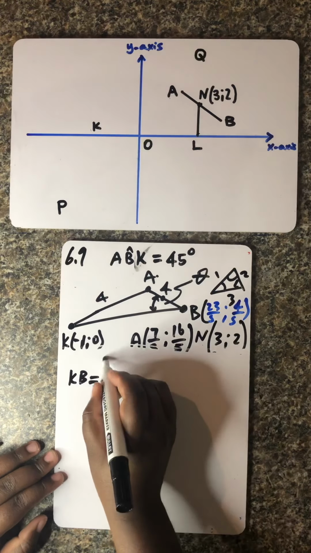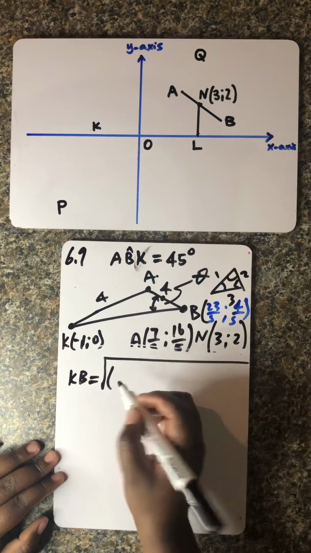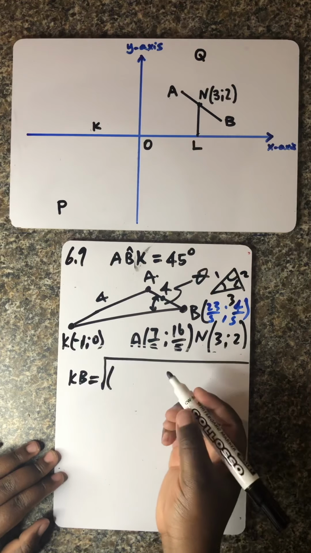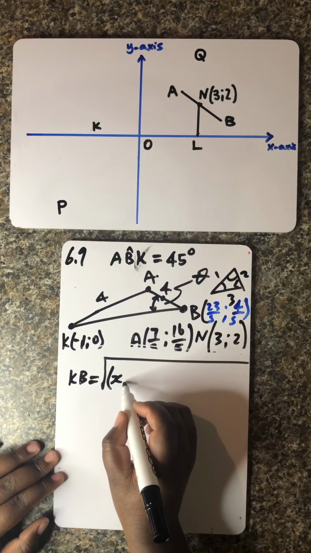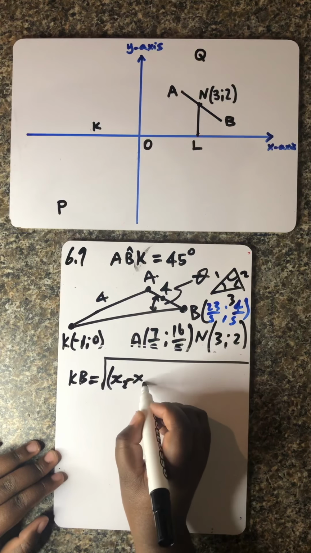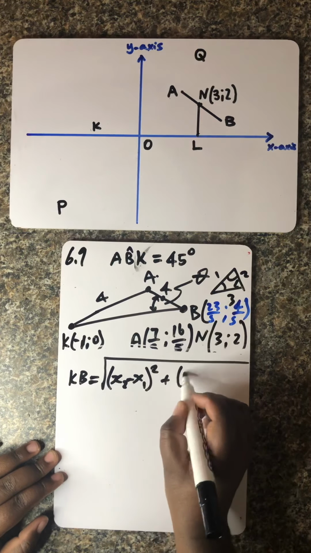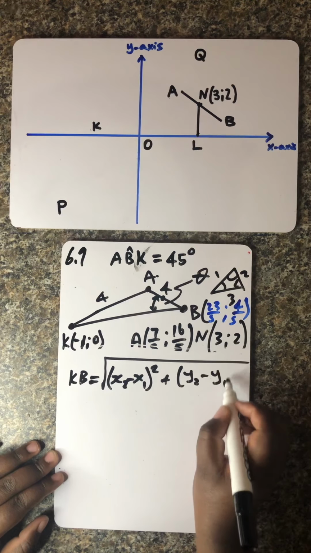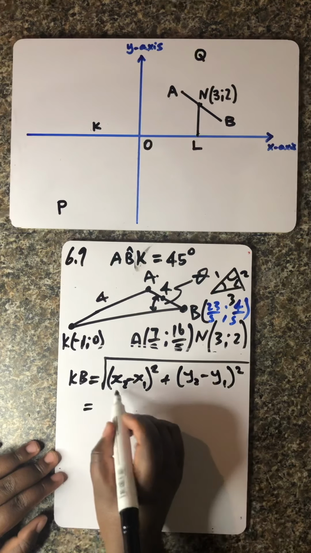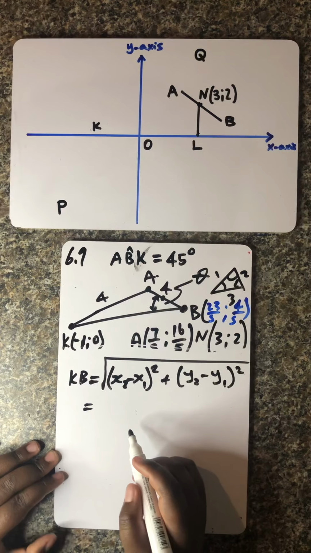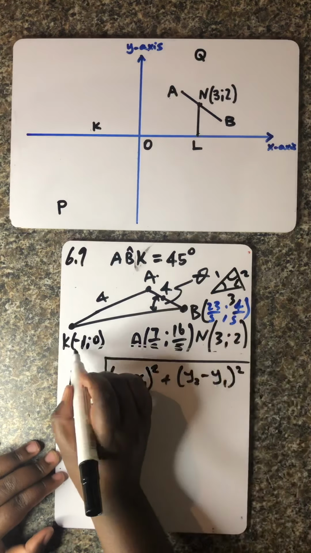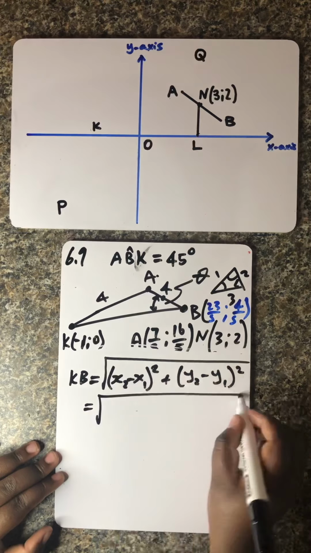Okay, so I'll just straight away substitute. You obviously know the formula, isn't it? Or maybe let me just write it so that you're not confused. It's x2 minus x1 squared plus y2 minus y1 squared. What is x2, ladies and gentlemen? Let's just assume that these are the second values, these are the first values. So that means the square root of